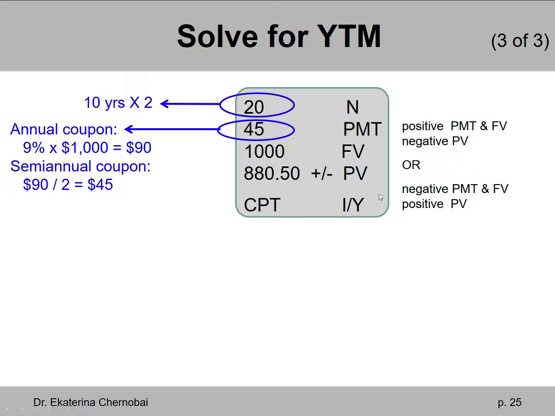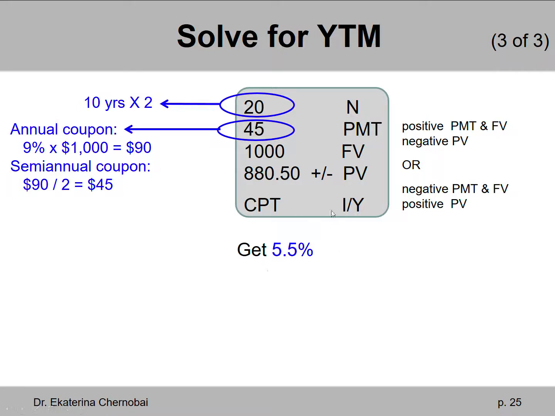Notice one important thing. We are given 3 amounts: the PMT, the FV, and the PV. What do you do with the signs? Everything that's today is one sign. Everything that's in the future is with the opposite sign. For example, the way I put my signs here is I left both PMT and the future value, which are both in the future, as positive, and I changed the sign to a negative for the present value. But you can also do it the other way around. When you do that, you will get 5.5%.